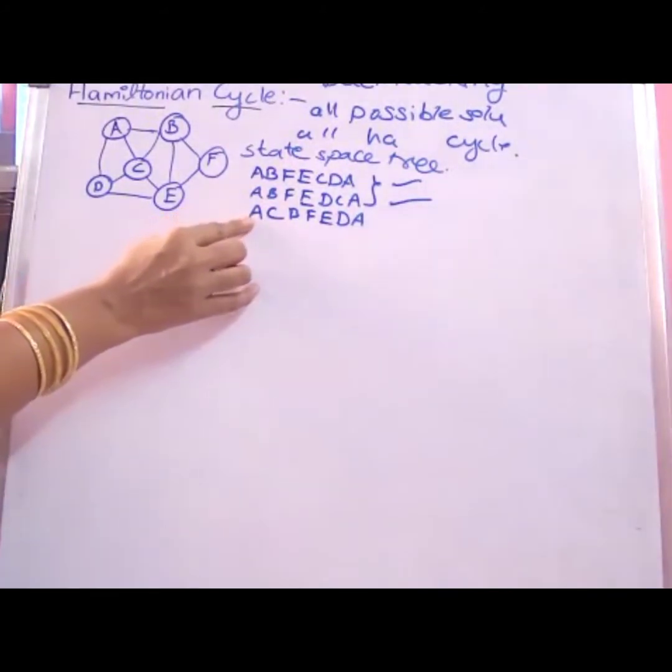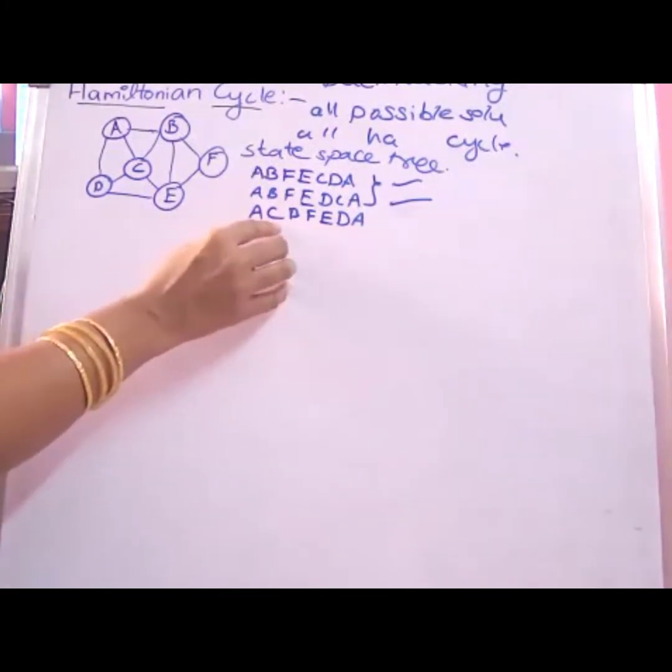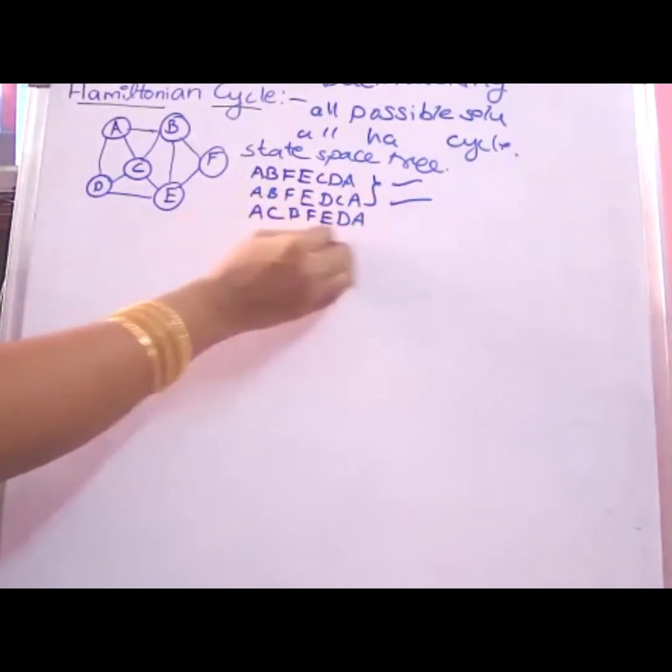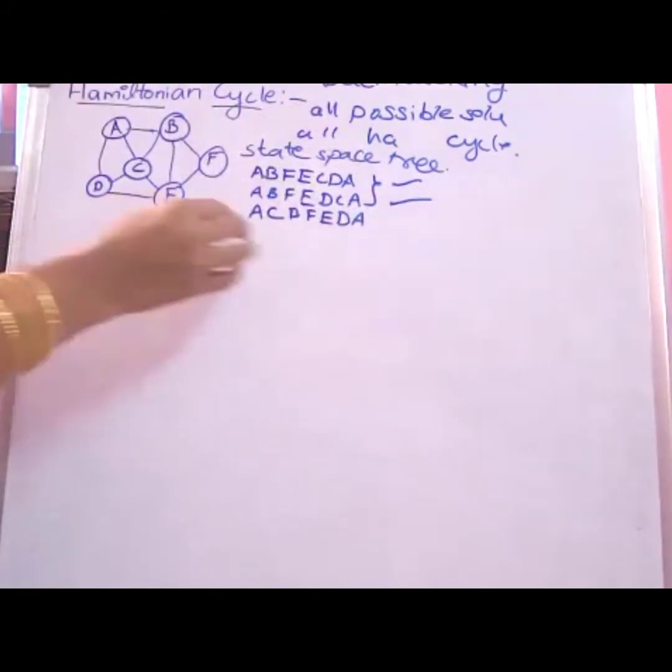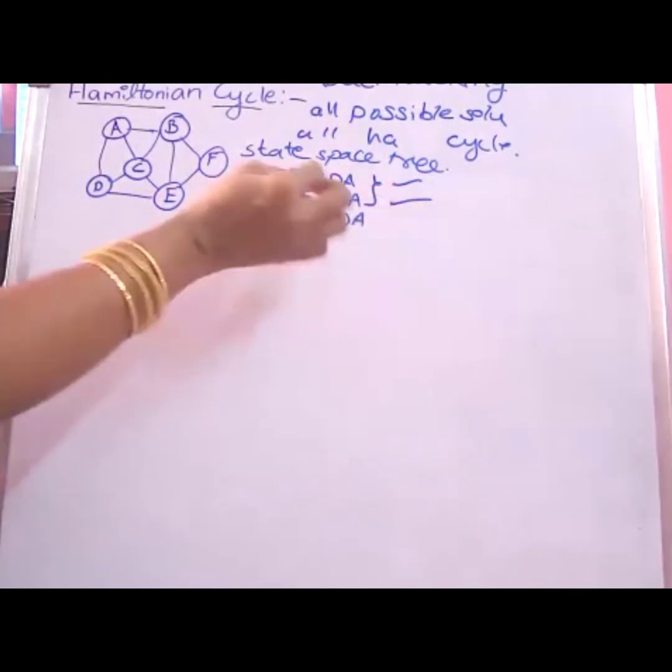Yeah, this one, okay, 43. If you are starting from point A and covering like this only, and if you are starting from B and taking this same path, then there is no need to give that path. We will not consider it, because it is covering the same thing. If you are just changing the starting point, the cycle will come with the same line of vertices, same travel, same path only. So don't consider this.